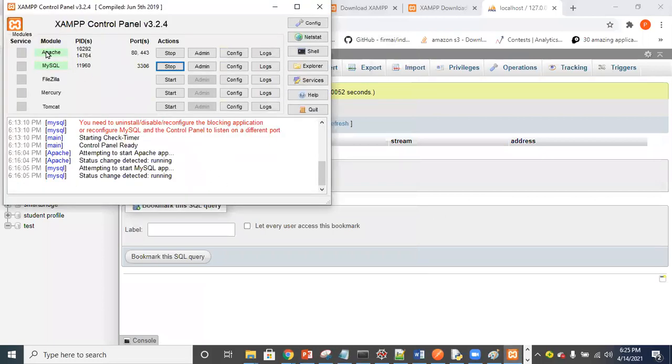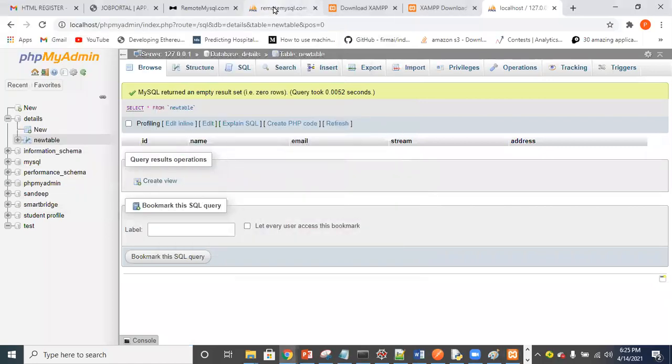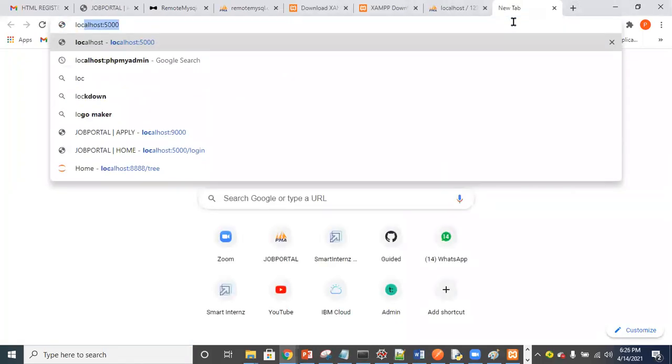Here you will have two options. One is Apache and MySQL. Click on start and start. After that, go to your local browser and type